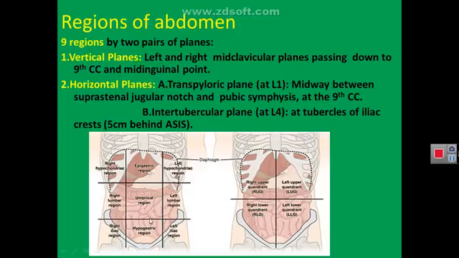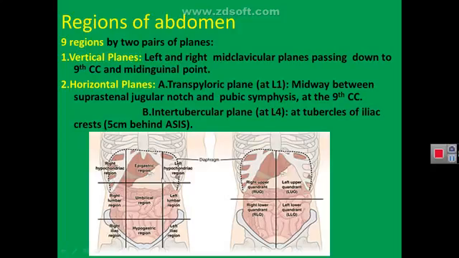The other horizontal or transverse plane is the transtubercular plane. You know, the iliac crest ends anteriorly at the anterior superior iliac spine. If you go 5 centimeters behind the anterior superior iliac spine, you will find the tubercle of the iliac crest. The horizontal line between the right and left tubercles of the iliac crest is the transtubercular or intertubercular plane. It is at the level of the 4th lumbar vertebra,